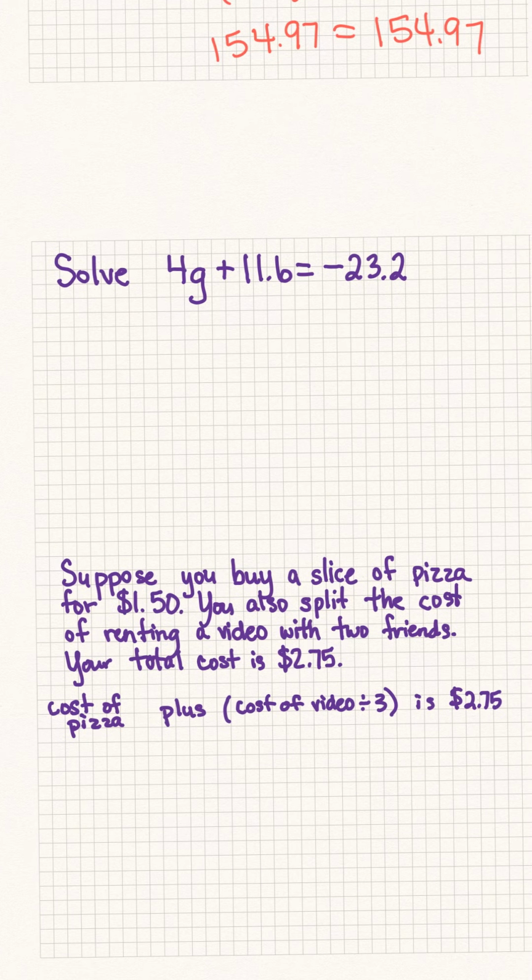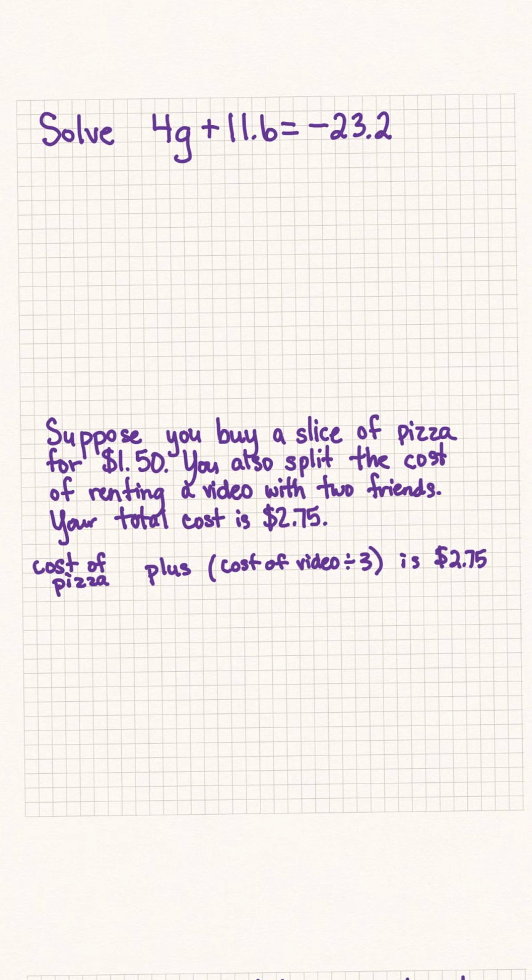So the next one we're going to do is we're going to solve 4g plus 11.6 equals negative 23.2. So first thing, we want to get rid of this term because we're trying to isolate g by itself. This is being added. We want to do the opposite. Whatever we do to this side, we have to do to this side. So that gets crossed out. We're going to have 4g